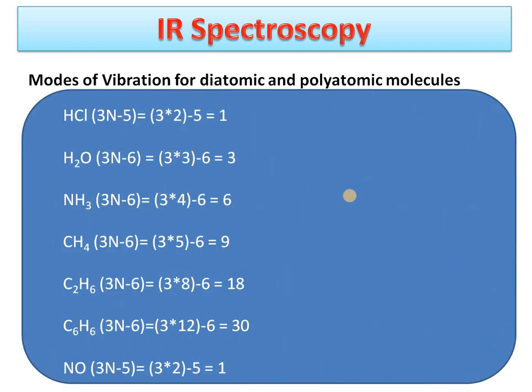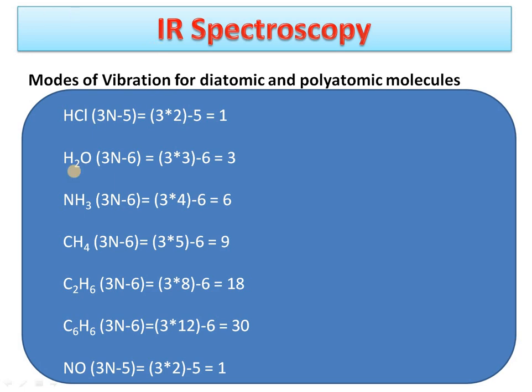Now further we will see the calculation of modes of vibration for diatomic and polyatomic molecule. So here first we'll take HCl. Here N will be 2, so the molecule is linear, and hence the modes of vibration will be calculated by using formula 3n minus 5. So here 3 into 2 minus 5, that will give us 1. So HCl will show only 1